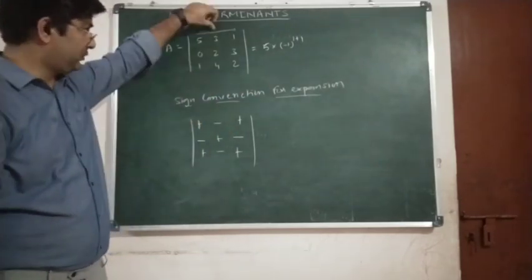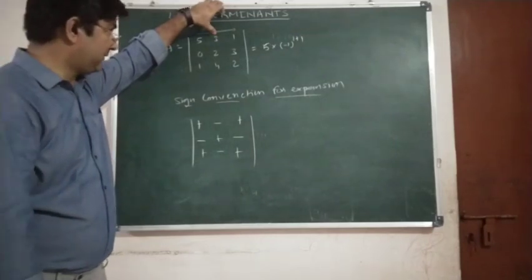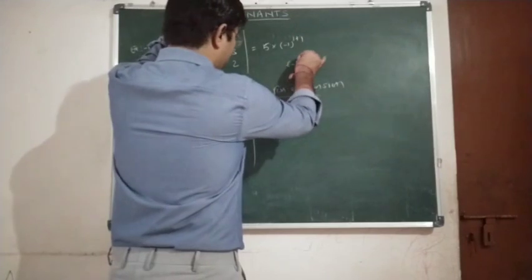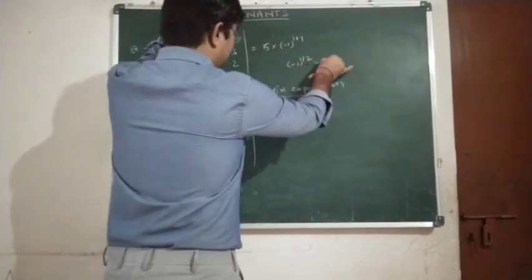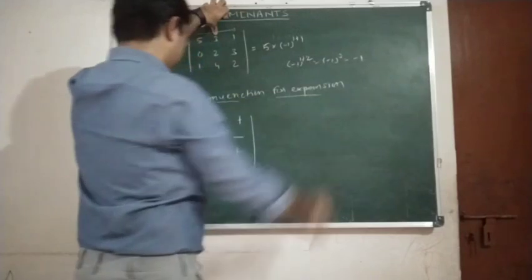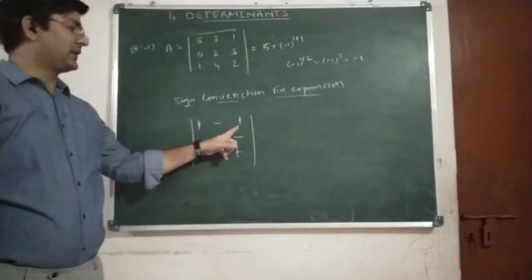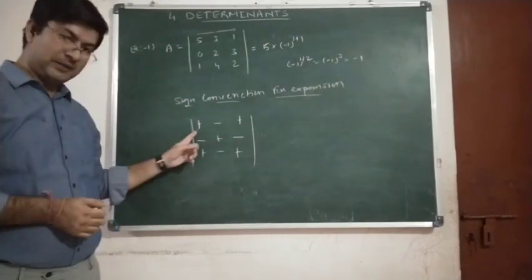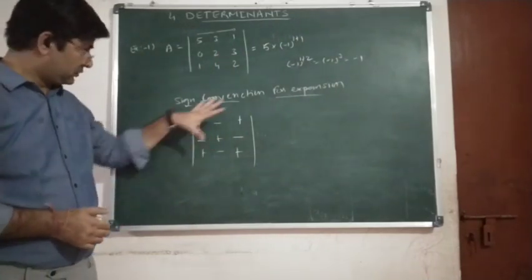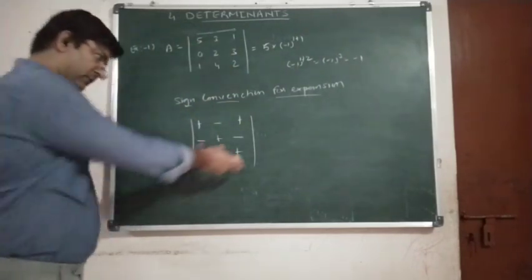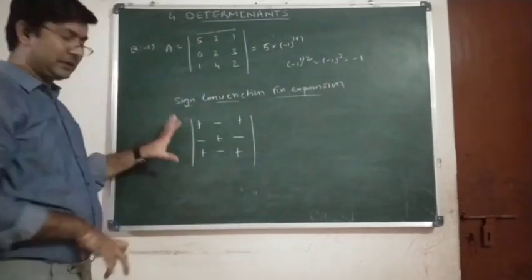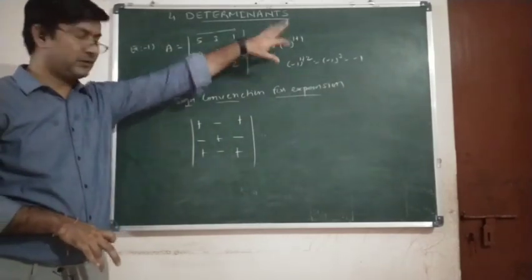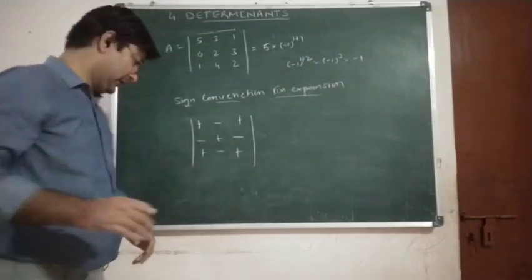Then second, when you take the second element, we are writing this is the element A12. So minus 1 raised to 1 plus 2, that is minus 1 raised to 3, is equal to minus 1. So here minus sign comes. Again for 1, 3 plus. So if the power is even, we know it will be a plus, or if the power is odd then minus. So proceeding in this way, we obtain such sign convention. So you can remember this sign convention so that we need not every time write this minus 1 raised to i plus j. Clear?